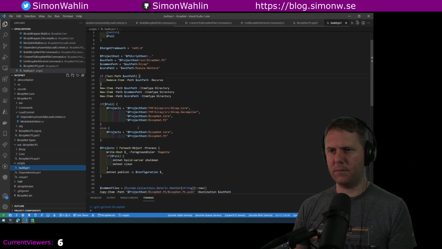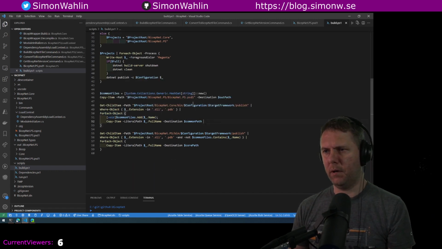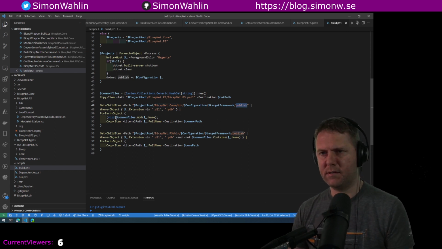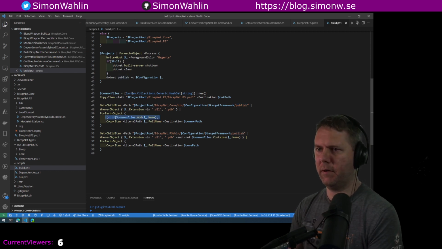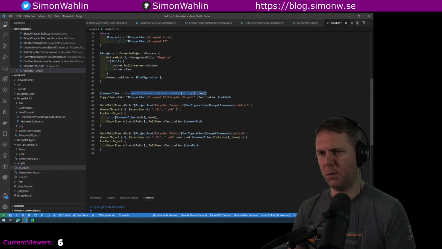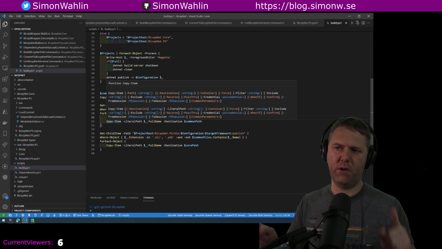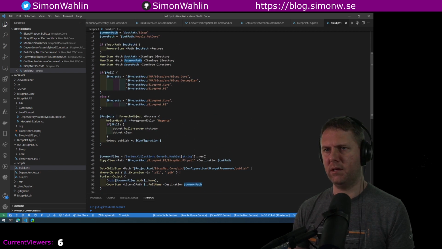And then we have the build script. So we create everything, and then we build all the projects. And once they're built, we copy the manifest to the out path, and then we get all the Bicep.NET Core published files that are either DLLs or PDBs, and then we add their names into our common files. So we create a hash set here containing common files, just to figure out which files are in both these projects. So we're going to copy all this, and then we're going to copy that to the common path, which is the